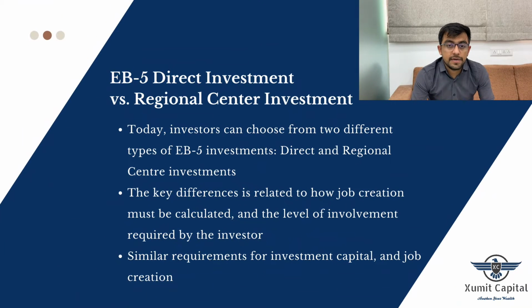So today, investors can choose from two different types of investment model. The first is direct investment and the second is regional center investment. The fundamental difference between the regional center and the direct investment is, while regional center investment can count direct jobs, indirect jobs, or induced jobs towards the creation of full-time jobs per EB-5 investor, direct investment can result in only direct job creation. Apart from this, the two models are alike in that they require the same investment amount, with